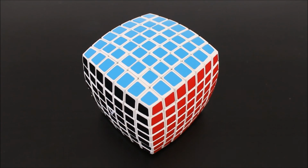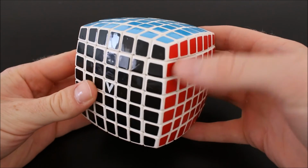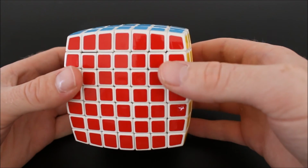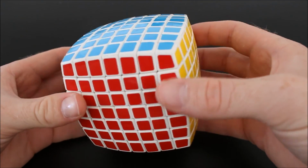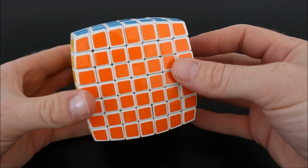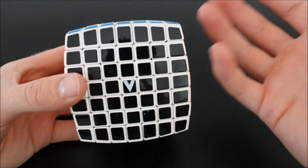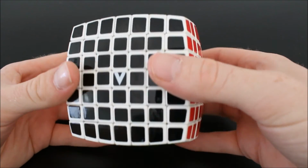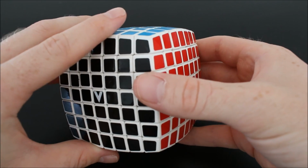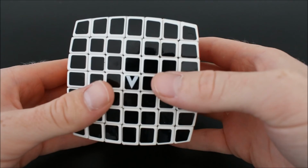The first puzzle I got here is the V-Cube 7. This is a major throwback. So when Verdes produced the V-Cubes, this was completely revolutionary because Erno Rubik, as well as others, said that the 5x5 would be the largest cube ever made, and now we have a 22 by 22. So obviously that was wrong, but this mechanism, whether you like V-Cubes or not, paved the way for bigger cubes,